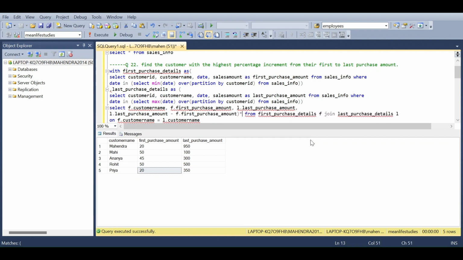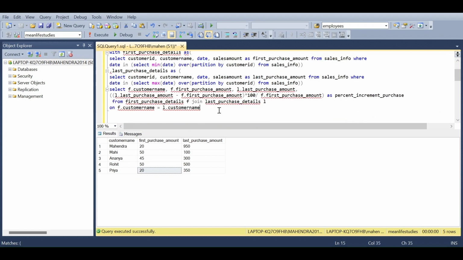Now we need to multiply this by 100 and then divide by f dot first purchase amount. Now we need to close this bracket, right? Call this percent increment purchase. Now if I execute this one,